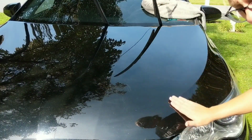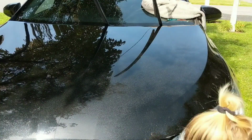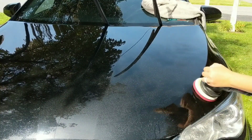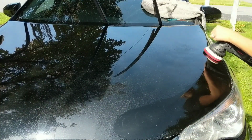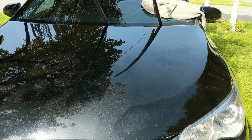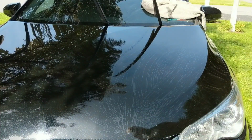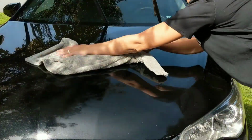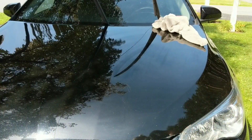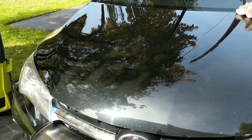You can just hear right here, little grit. So we're gonna go ahead and go over this spot one more time. Primer pad. This is a messy process. And we got it. Awesome. So, my day just got a lot shorter. Yay! So, for any of you who are looking for a solution for overspray removal, for oil-based paint, even if